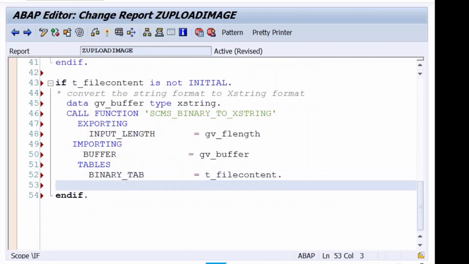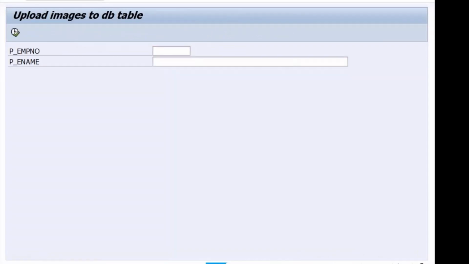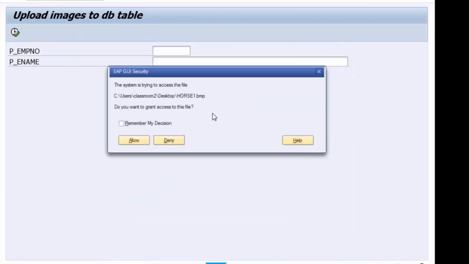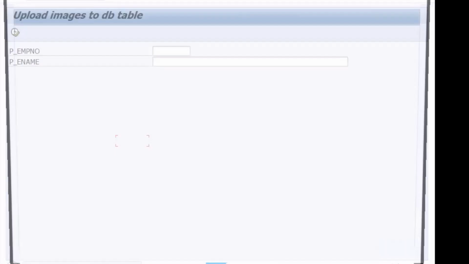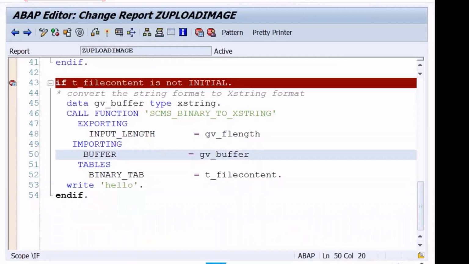Okay. Let me debug again. I'll put the breakpoint here at the end. I'll select the file. Right. Let me re-execute that.